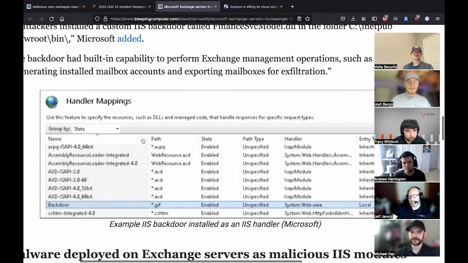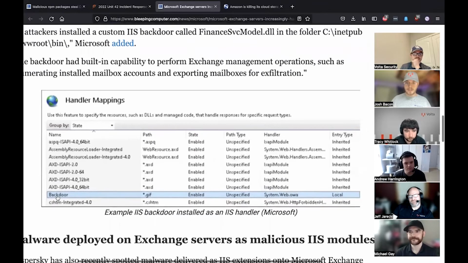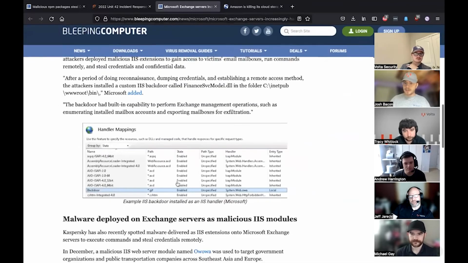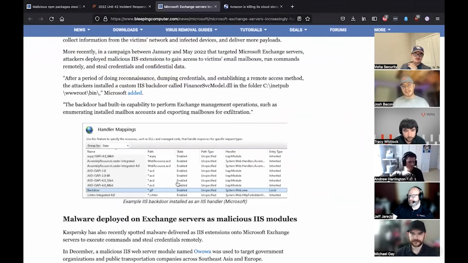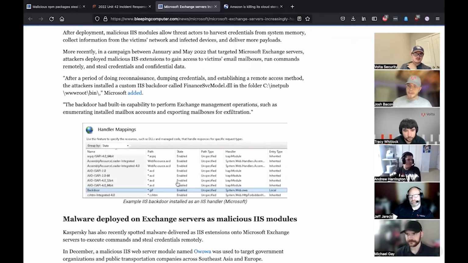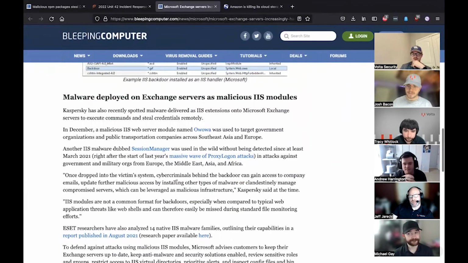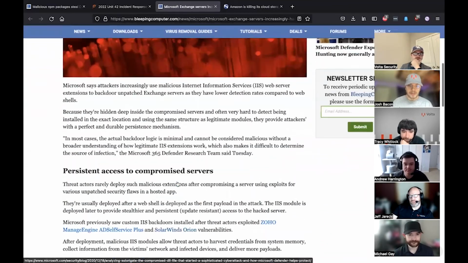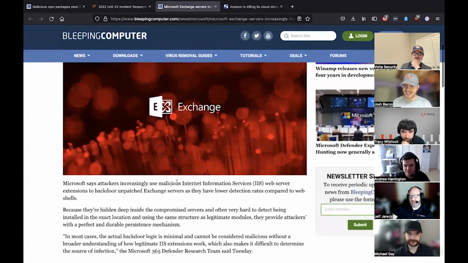We can see an example on the handler mappings. Whoever named it backdoor was sleeping that day, but we have this backdoor open in the actual resources for the IIS server. It's just another layer deeper for these attackers to sit themselves to make it even harder to find. Has anyone seen something like this before? Not in the wild. No. No, this one's new. Even Michael's shaking his head, so if Michael hasn't seen it, that's telling.